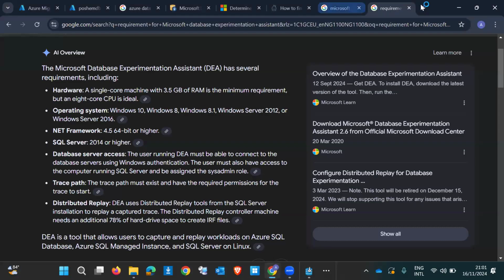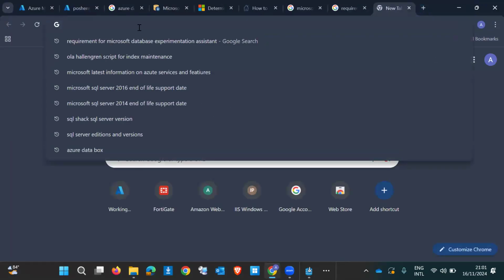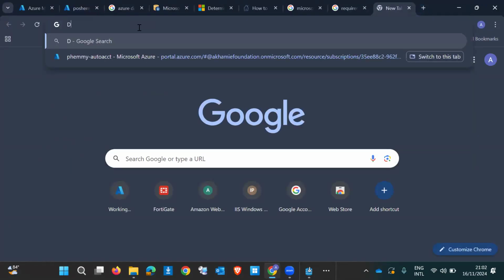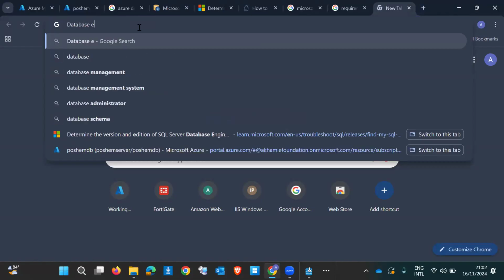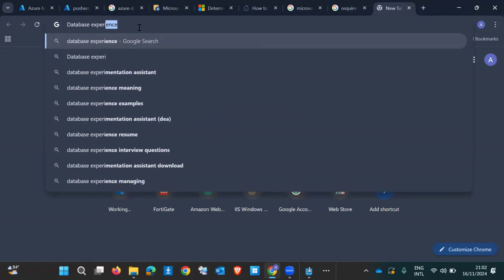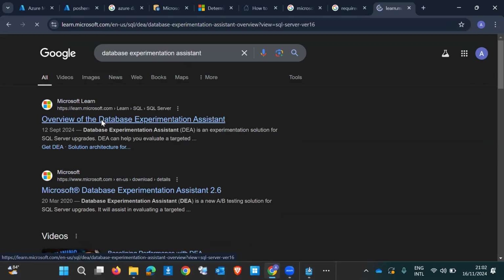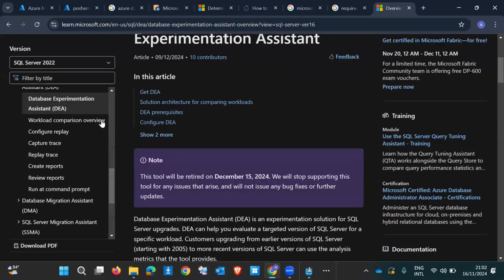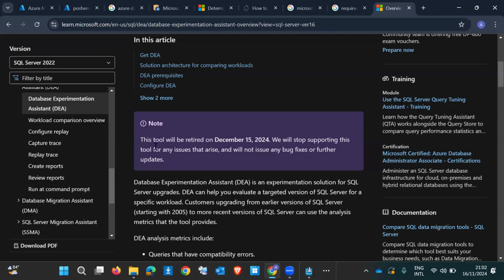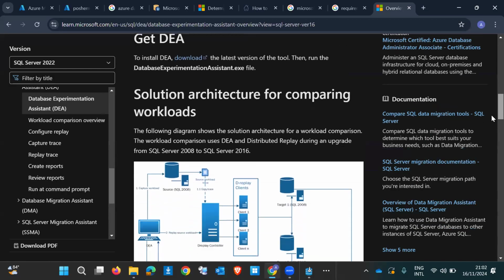I want to quickly show something, because I think this particular tool, the Database Experimentation Assistant, Microsoft is going to scrap very soon. If you look at this, this year this tool will be retired on December 15, 2024. We will no longer support this tool for any issue that may arise and will not issue any bug fixes anymore. But basically, just like I told you, you use it to